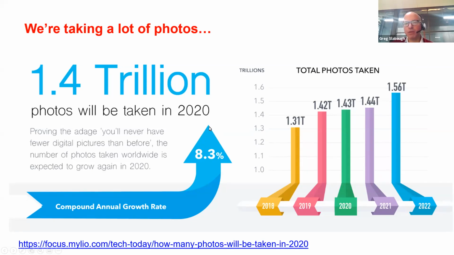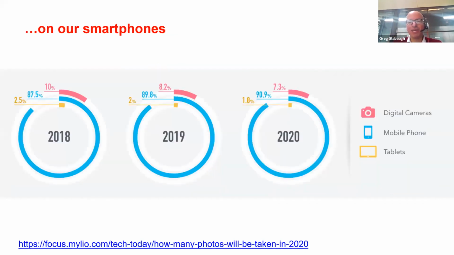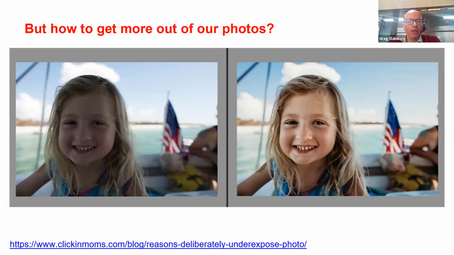And that's not even to mention video and other modalities. There's a lot of data that's being captured. But if you're like me, a lot of the images I take are ones that get deleted. The question is, how do we get really good quality photos from our smartphones? We're all taking more and more photos from the digital cameras embedded on our phones rather than traditional photography. So this is really about image quality and how to improve image quality using computational photography.